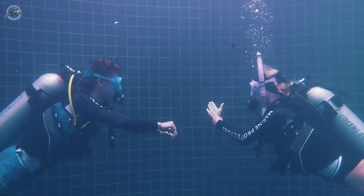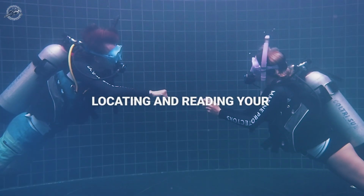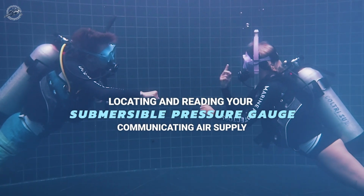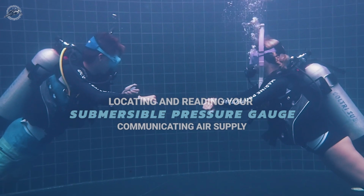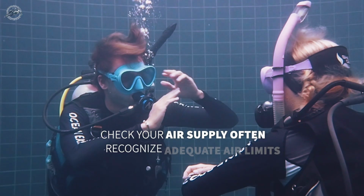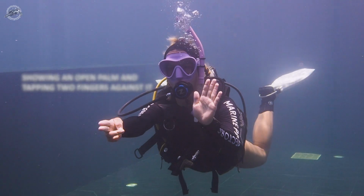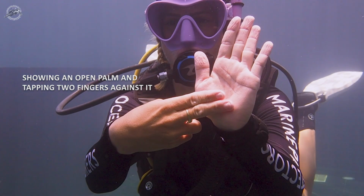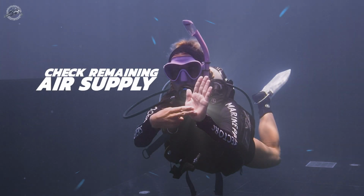During the PADI Open Water course, you will develop the habit of regularly checking and communicating your air supply. Your instructor will be asking you how much air you have remaining, and it's your responsibility to also be checking often and recognize adequate air limits. Showing an open palm and tapping two fingers against it like this is asking how much air do you have